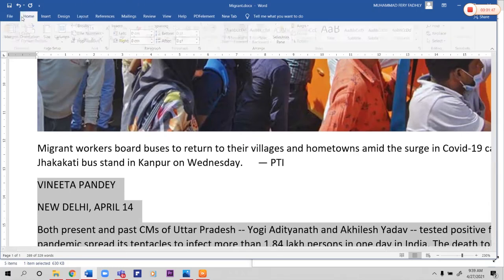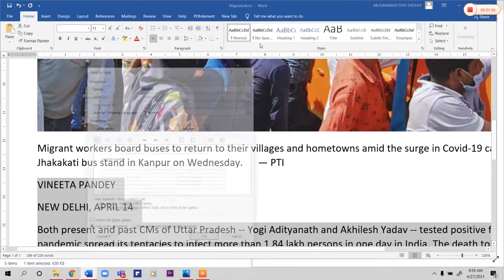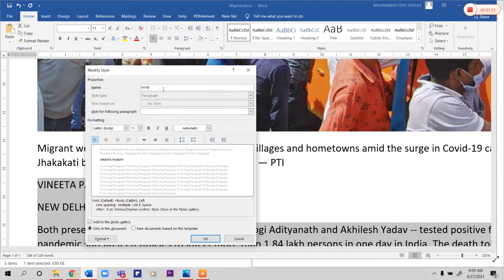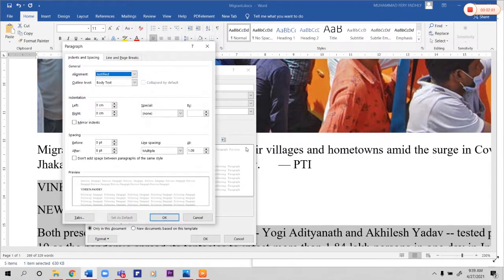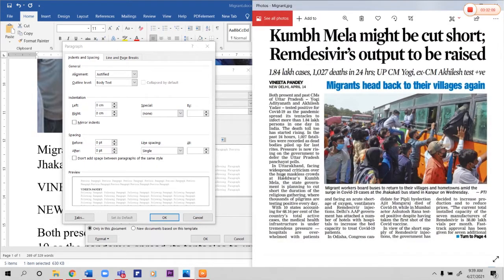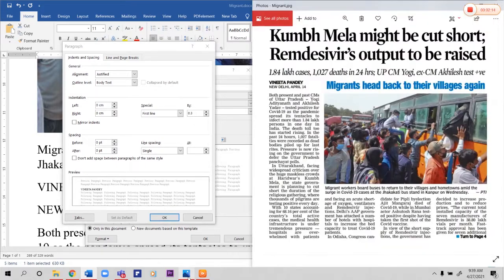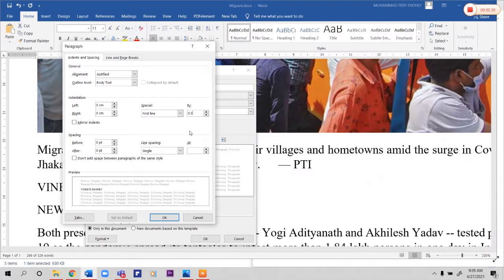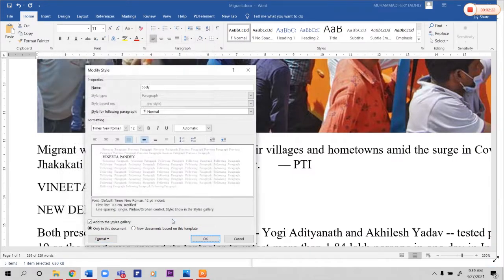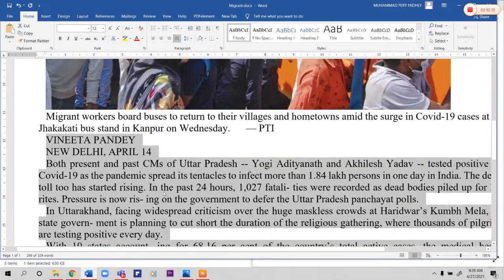After that, apply the style Normal, and then modify it. Rename it to Body. Change the font into Times New Roman, size 12. Justify the paragraph. Like the visual, the line spacing is single, and the spacing after is 0. For the indentation, we will use 0.3. Why 0.3? Because in this picture the indentation is a little bit smaller than the space of the column. Then click OK. Keep it blocked.